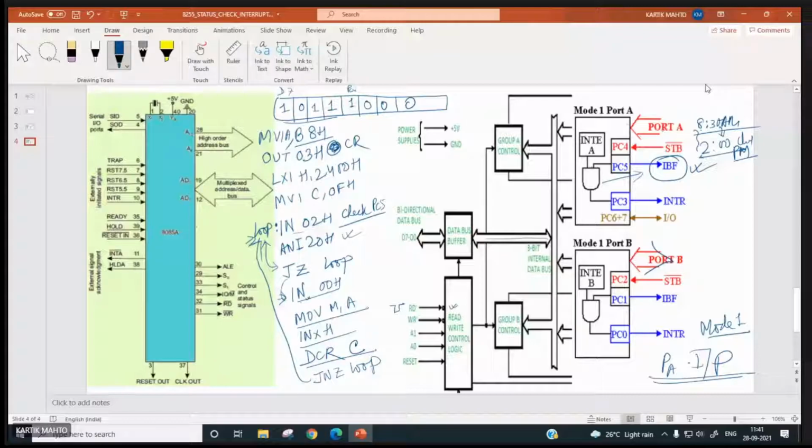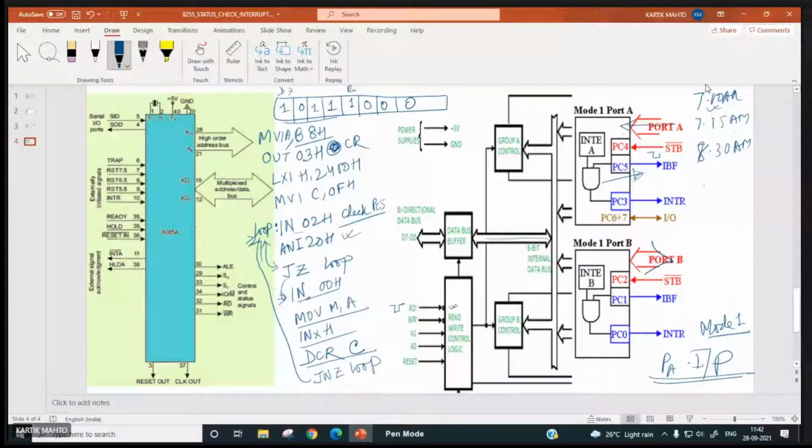So we go for interrupt driven. Suppose one person comes at say 7 a.m., another person comes at say 7:15 a.m., the third one comes at say 8:30 a.m. Whenever a person comes over here and inputs his card or inputs a valid data, it will make STB bar low.